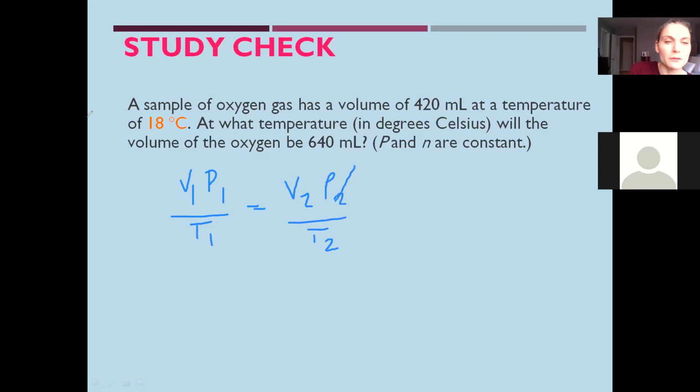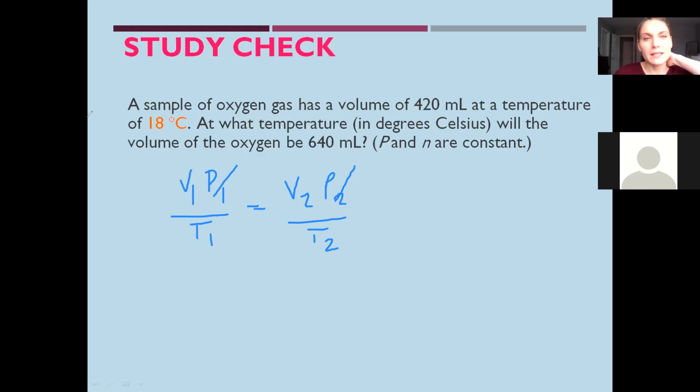And we remove pressure. And a lot of the times too, when you look at the questions, they will tell you what's constant. If you don't see them in there, you kind of assume they're constant, but most of the time they'll actually say like when pressure is constant, when N is constant. So you know you're only dealing with fluctuations between volume and temperature.